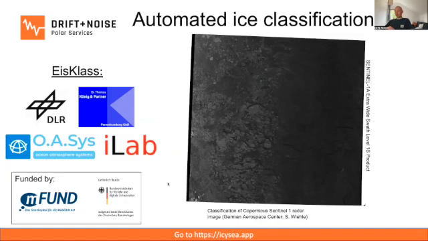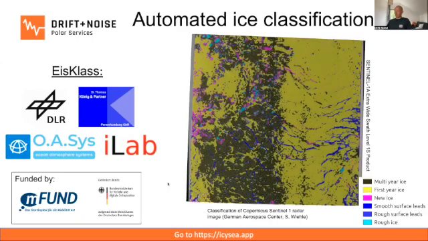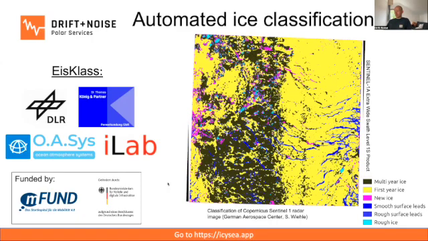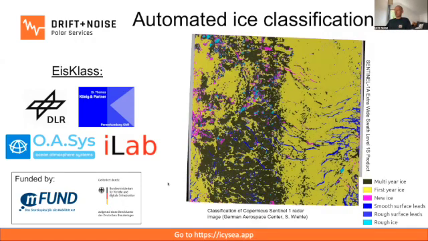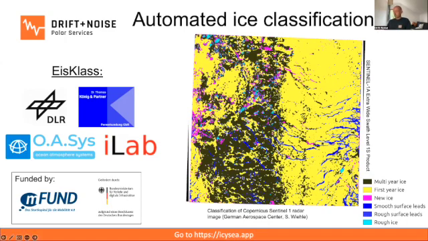The research projects that we work in, just quickly. One of these projects is the automated classification of radar images. If you have a radar image like this one, it's a Sentinel-1 image. We're working with our partners from the German Aerospace Center and others to automatically classify those images. And if I click here, it will turn this radar image, the gray that you see there, the different ice floes that you can imagine there, into a classified image where you get information on what kind of ice am